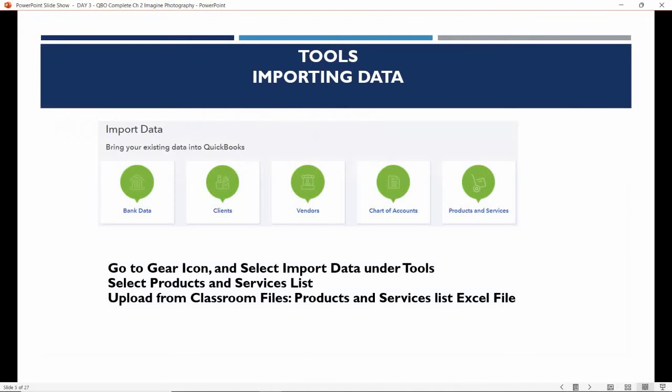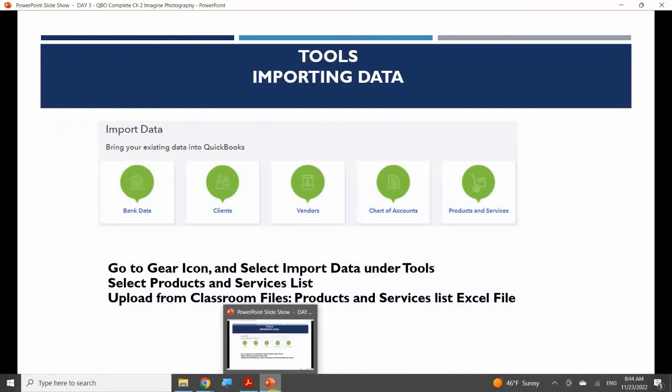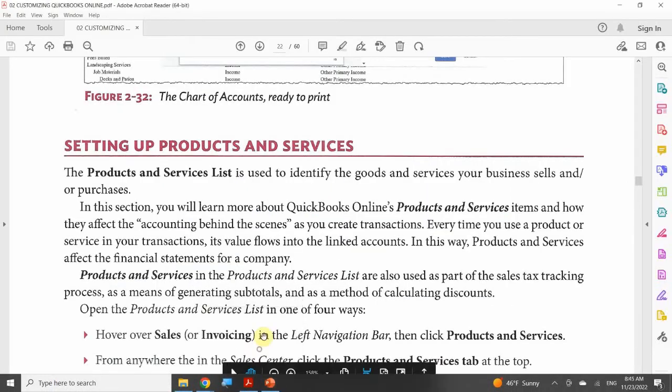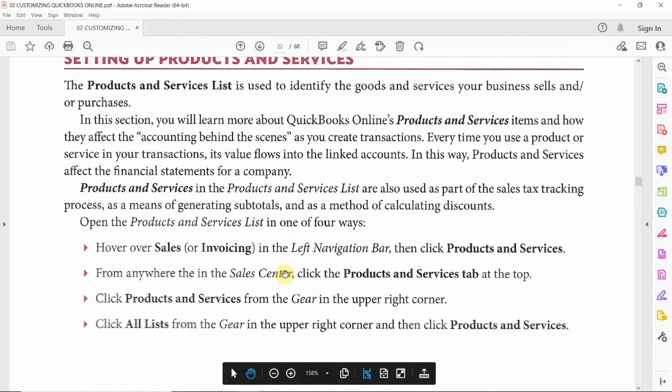Now, you have to determine, when you're looking at the different types of products and services that you do sell, whether it is something that you are really needing to keep a good track record for, or is it something that you just sell but don't care to keep track of? And if it's a service, do you offer bundle packages? Now, with the Plus subscription, you only have 4 different types of items that you can create. Okay, so you can either create a